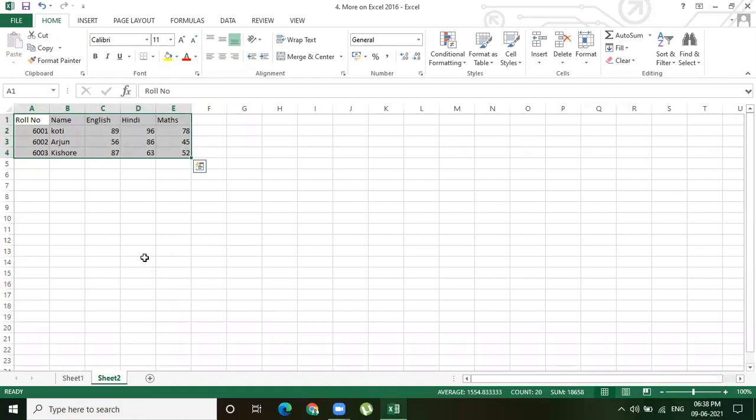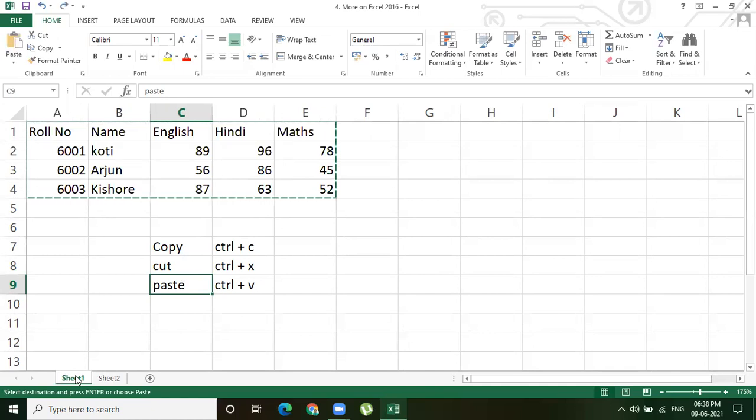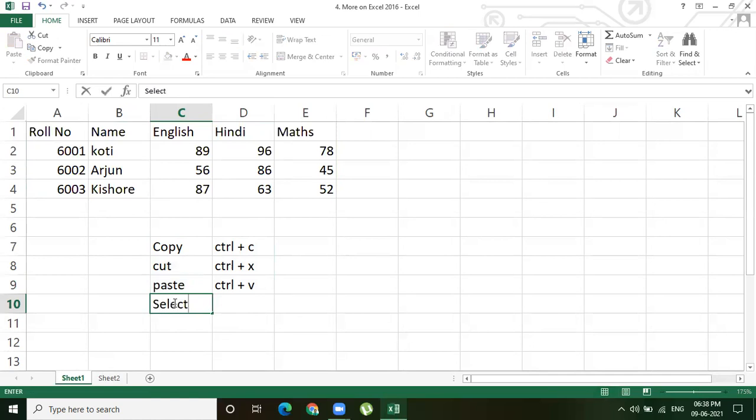Copy means making the duplicate one. Cut means moving the data from one place to another place. Okay, even you should know the shortcut key to select the entire worksheet. Select all means Control plus A.